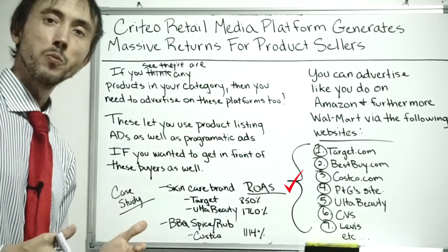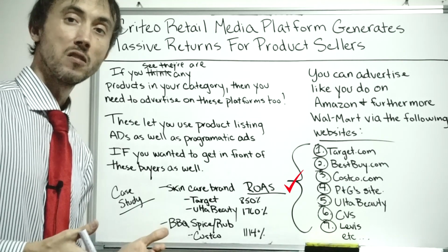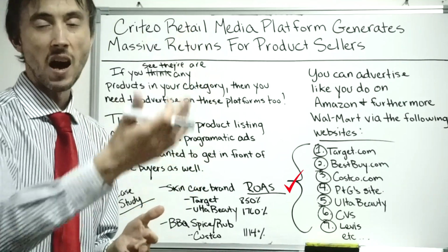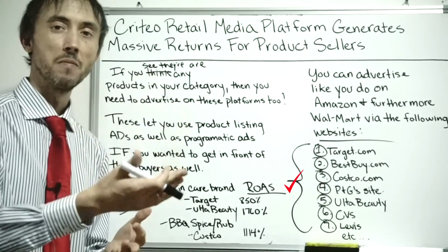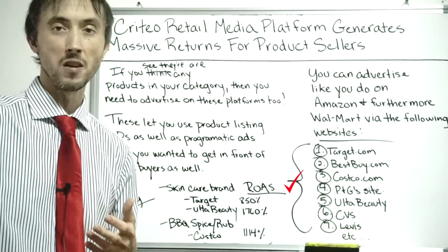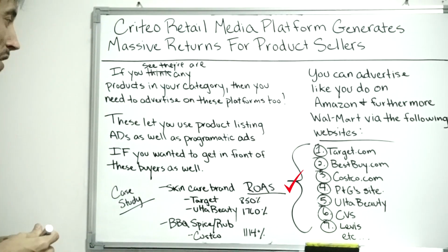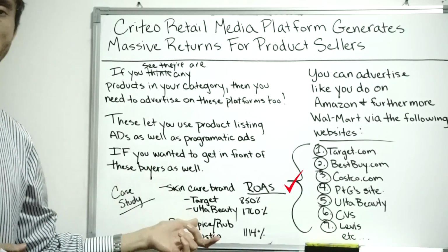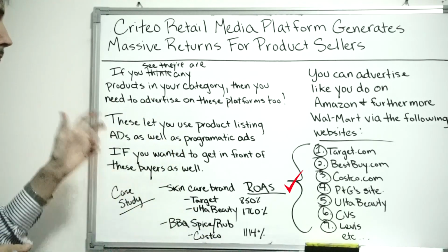So less work, less potential overall return in terms of volume, whereas other platforms like Google, high investment in terms of time and money to get it to work, but there's tons more volume there you can get in terms of sales volume. Anyway, that gives you a general idea of what can be done with this, how you go about doing it,